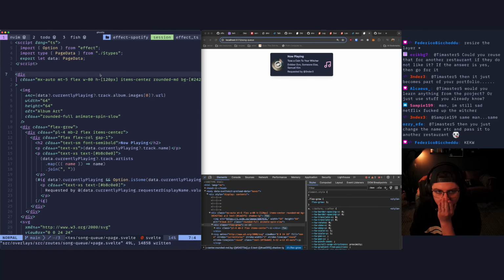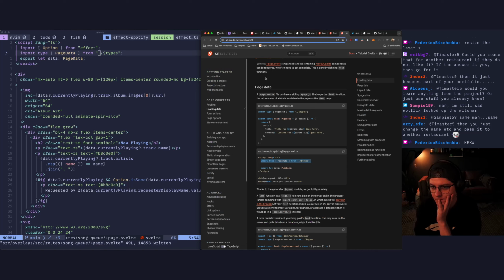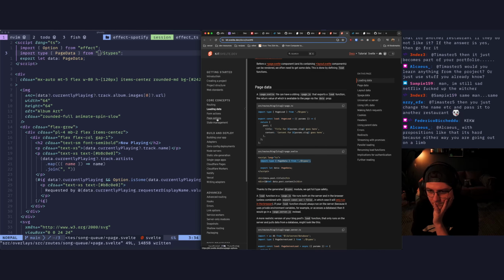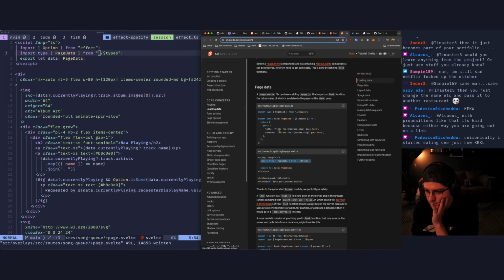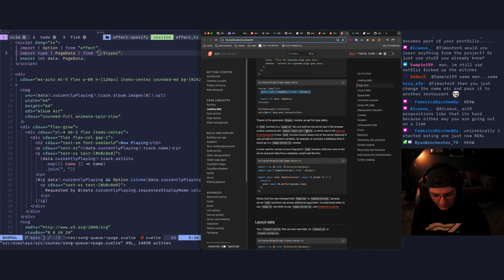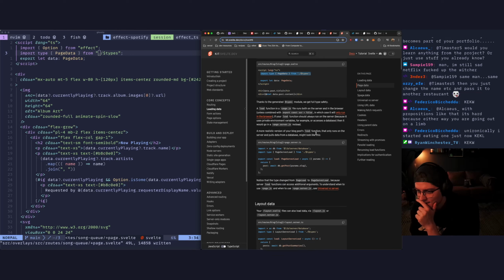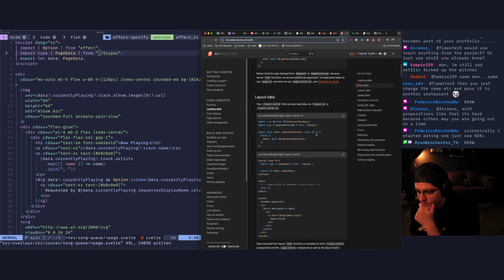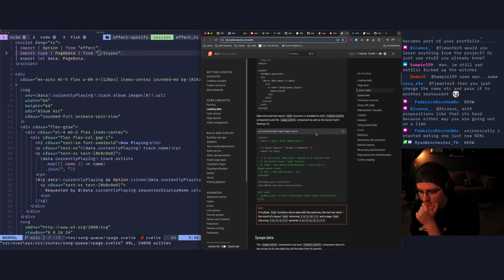Okay, how do we cycle data now in SvelteKit? Okay. Do I just set up an effect now?